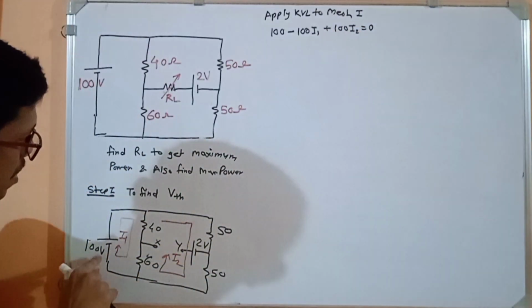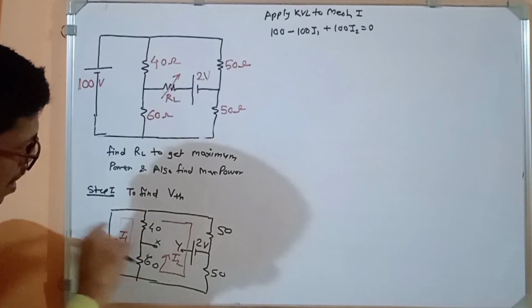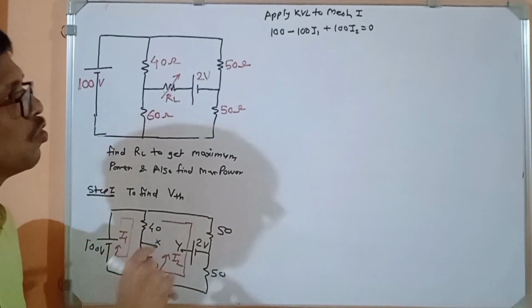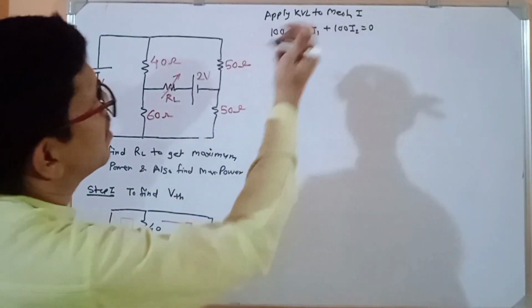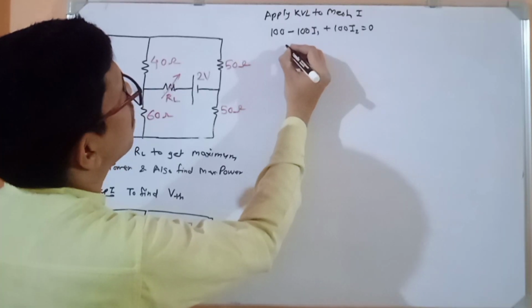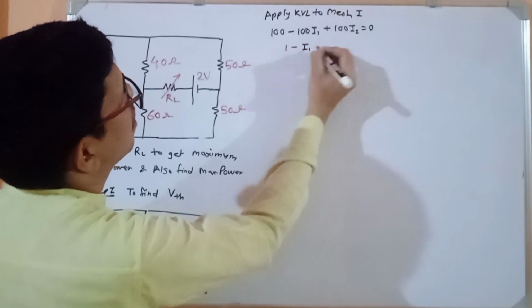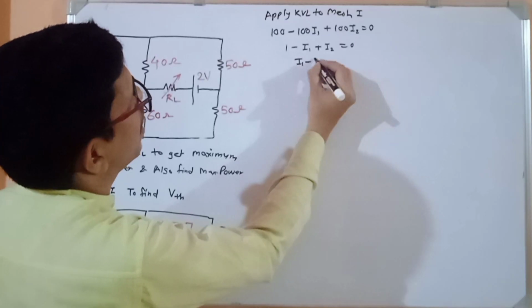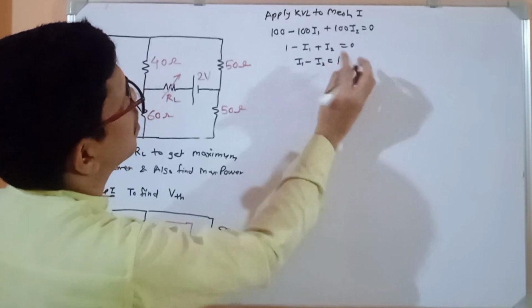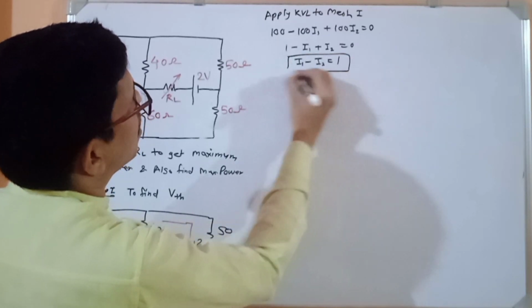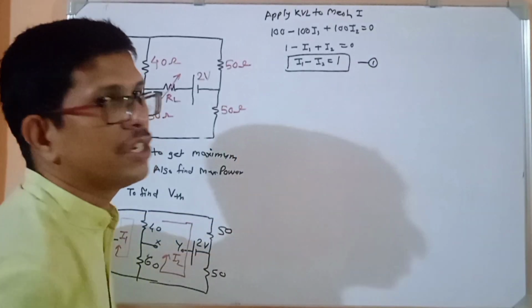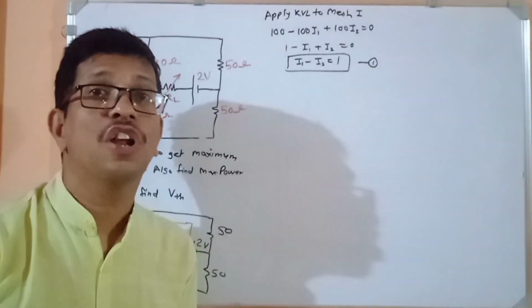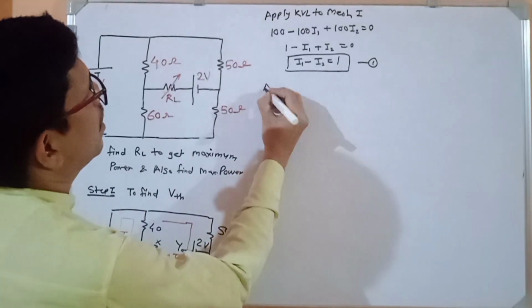See here, 100, 40 and 60, I1 is along with I2 as well. So 100 I1, and if we cancel 100, it will be 1 minus I1 plus I2, or rearranging the terms, I1 minus I2 is equal to 1. Okay, this is my first equation for mesh. Apply KVL